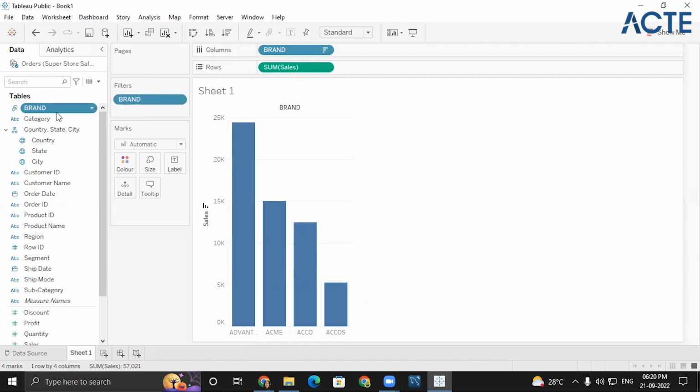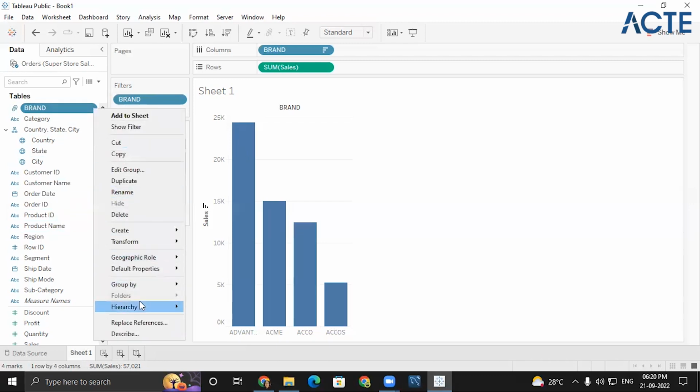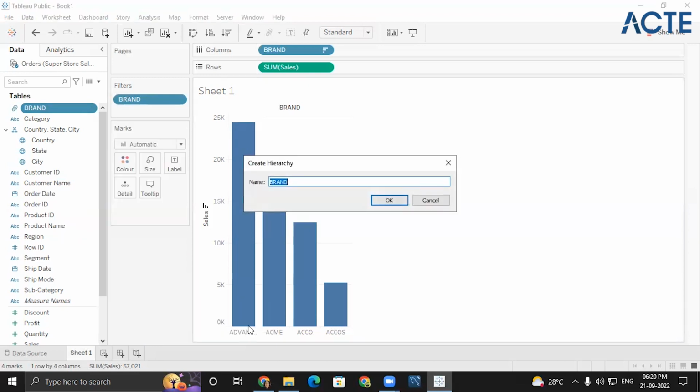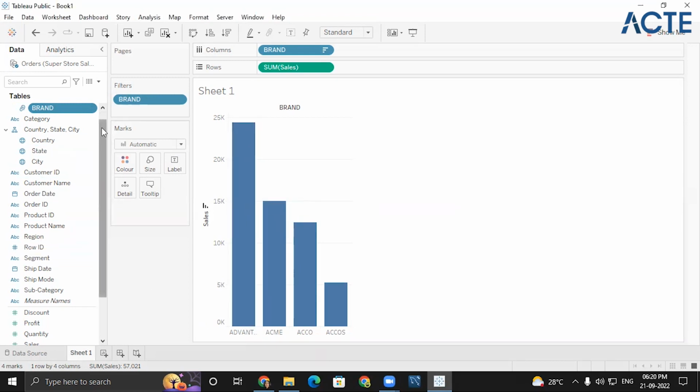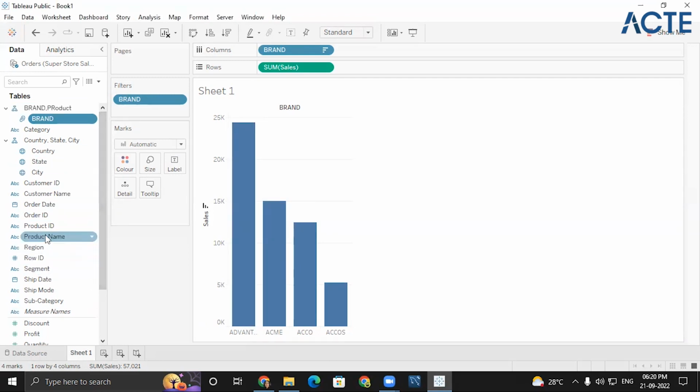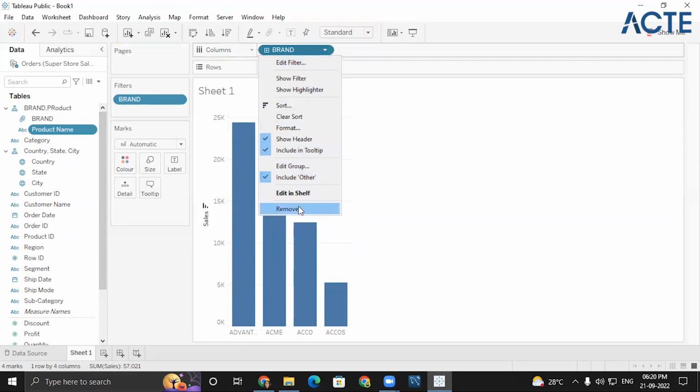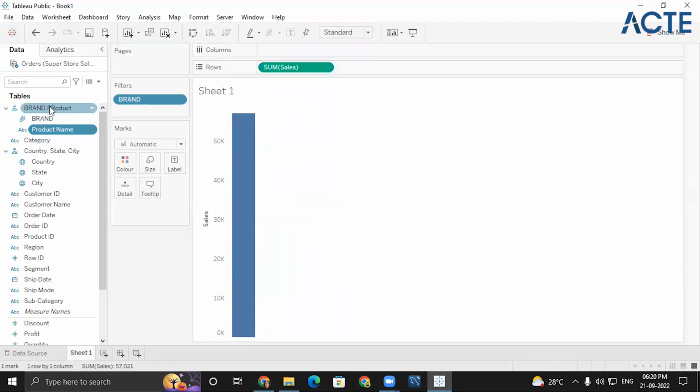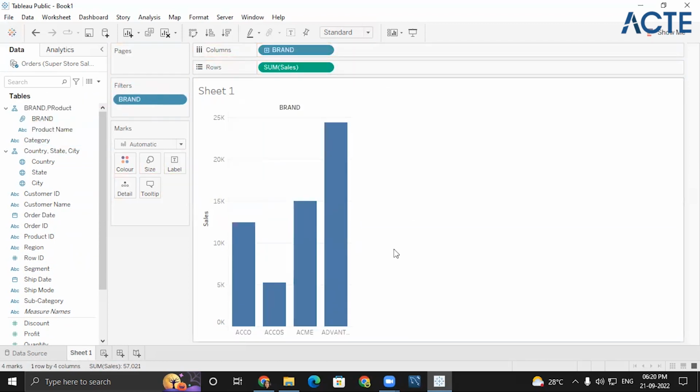So which will be the parent, brand or product name? Which will be my parent? Brand. So what hierarchy do I want to create here? Create hierarchy. What for? Brand, comma, product. I have created the hierarchy and brand is a part of it, and I just wanted to add product name inside. Now, instead of clicking on brand, just remove the brand and I'm just picking this hierarchy here. Now you see